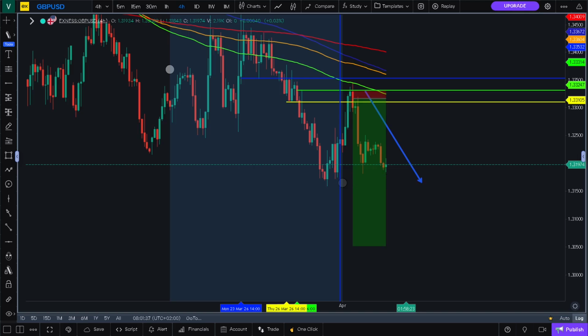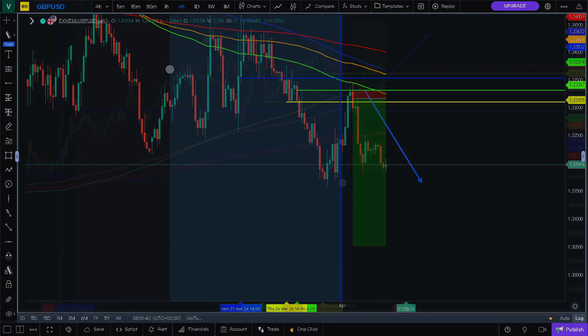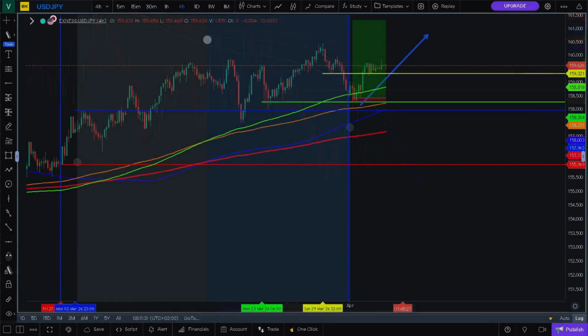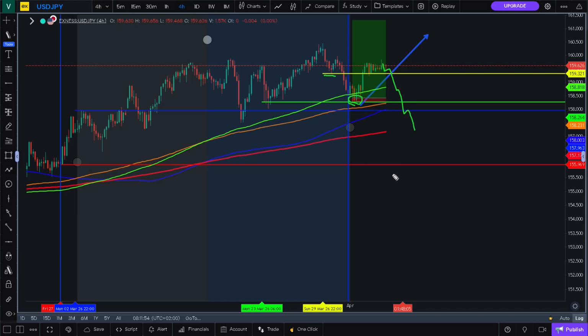We now go to the US dollar and the Japanese yen, which was a beautiful setup also to the upside. Let's go. So traders, with the US dollar and the Japanese yen, very simply put, I was expecting buying opportunities from this level here, and I did mention that we did have a different scenario here whereby the 14-day liquidity is on top, but that doesn't mean that we are bearish to the downside. That means that the Japanese yen has gained strength over the last 14 days. That means even over other currency pairs.